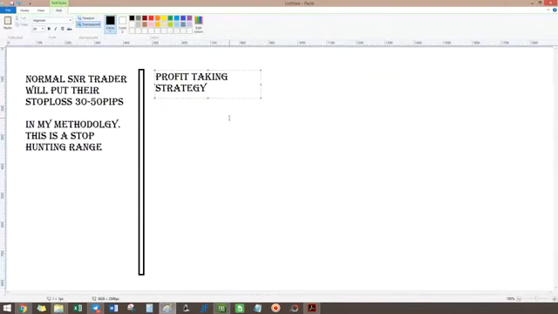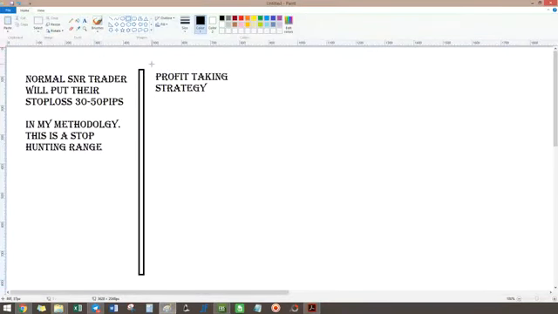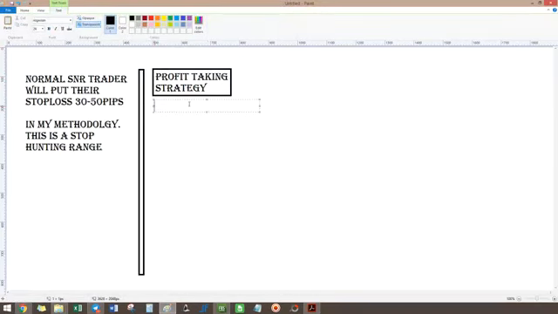So my profit taking strategy, because we want to make sure we are able to take the money out. Not to stay longer in the market, but just to be able to take your money. And if you want to trade long or hold the position, you need a lot of experience. So for starters or beginners, you can start by a partial close